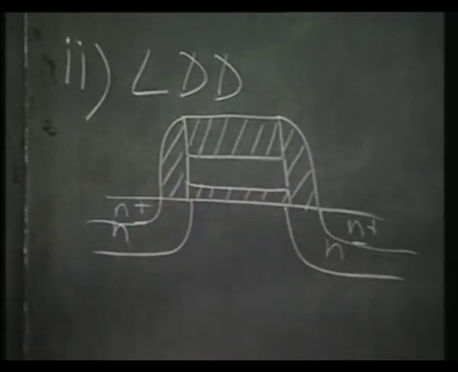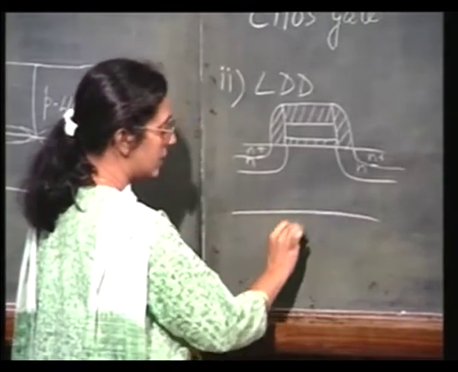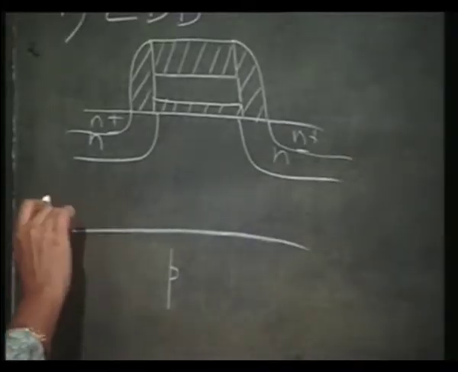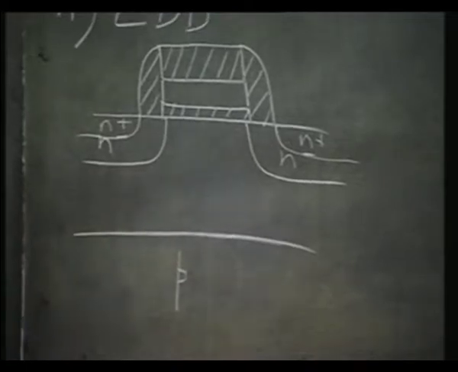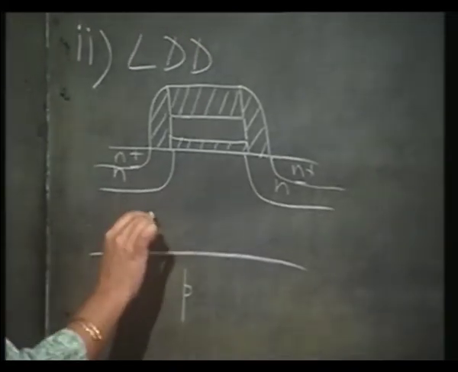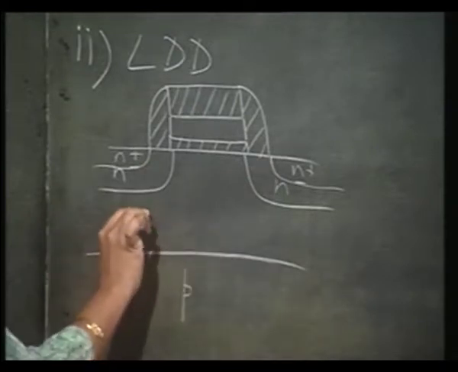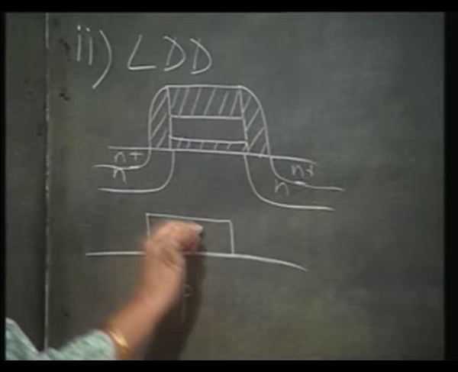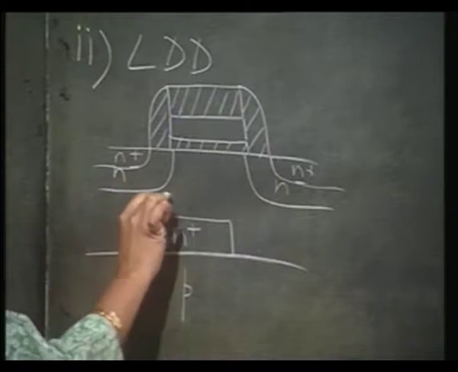Think back for a moment to how the extrinsic base was self aligned to the polyemitter. What did we do? We had the base p type region. Okay. We deposited a poly, and there also we had used a spacer, right. We had this n plus poly to realize the emitter, and then we had used